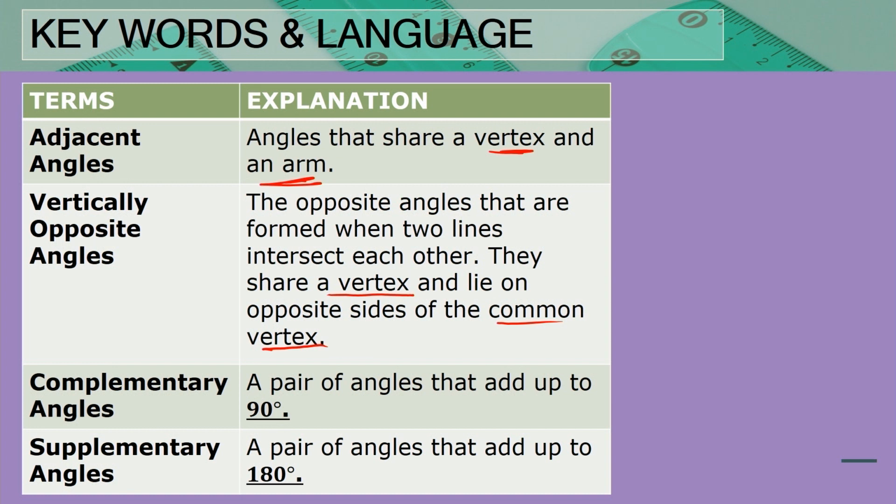Then we have complementary angles. That is a pair of angles that add up to 90 degrees. And then lastly, we have those supplementary angles. That is a pair of angles that add up to 180 degrees. So these are the keywords that we are going to be working with